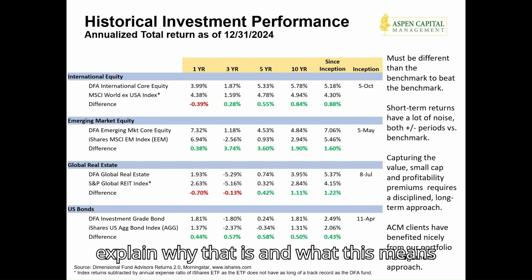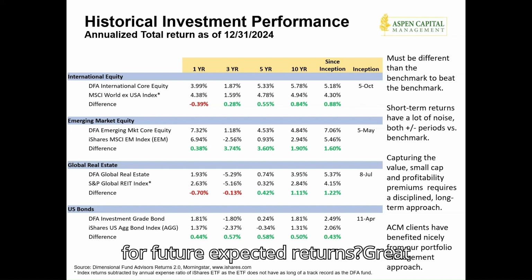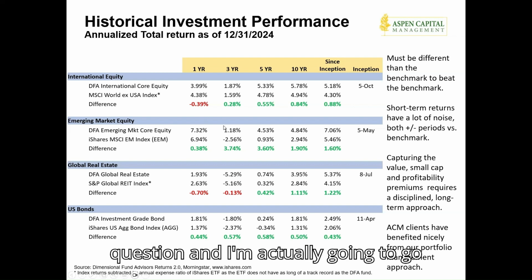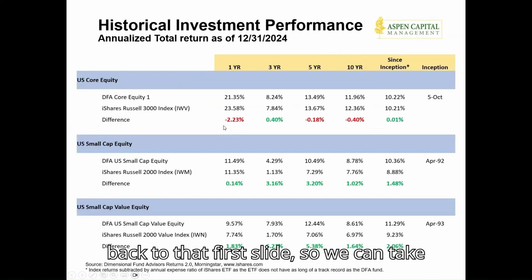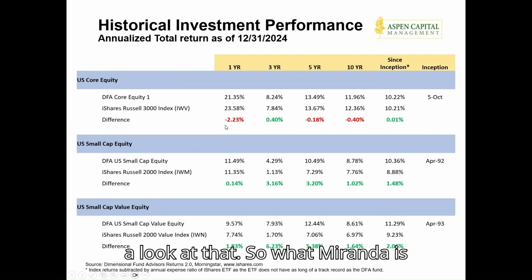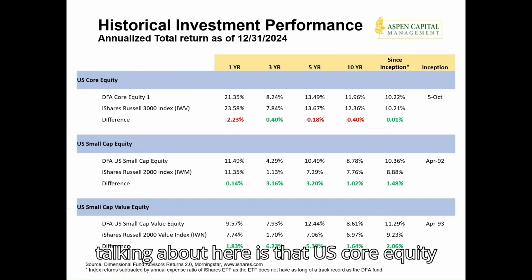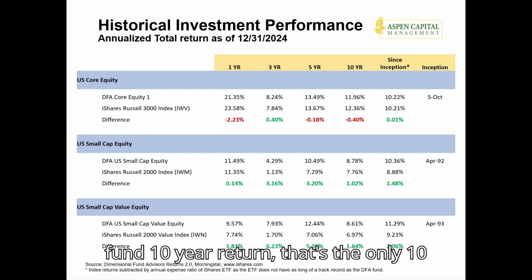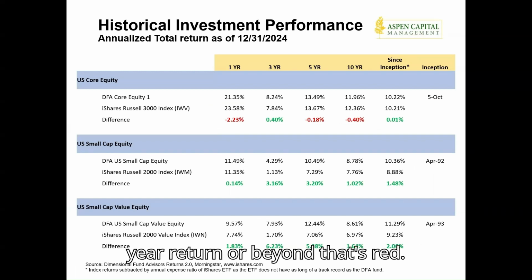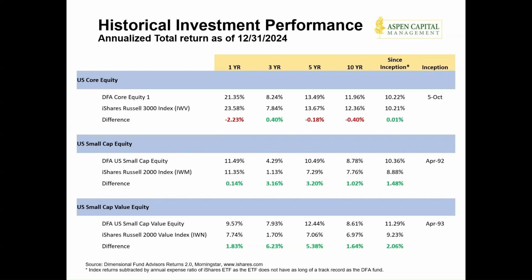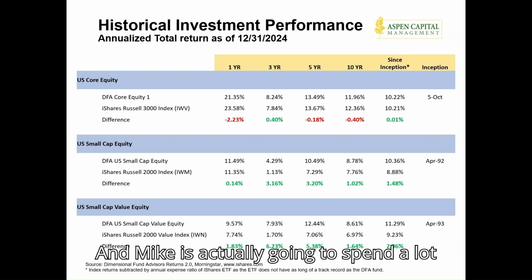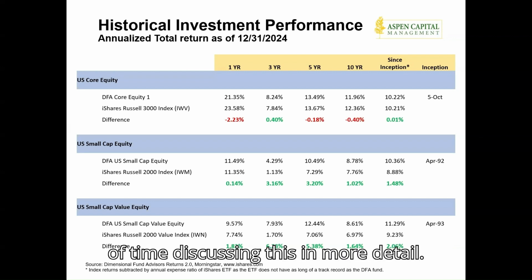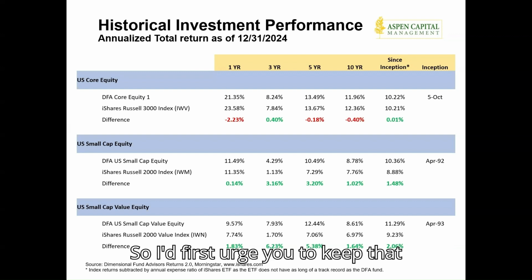Can you explain why that is and what this means for future expected returns? Yeah, it's a great question. And I'm actually going to go back to that first slide so we can take a look at that. So what Miranda is talking about here is that US core equity fund 10-year return. That's the only 10-year return or beyond that's red. And Mike is actually going to spend a lot of time discussing this in more detail. So I'd first urge you to keep that question on the front of your mind as we continue through these